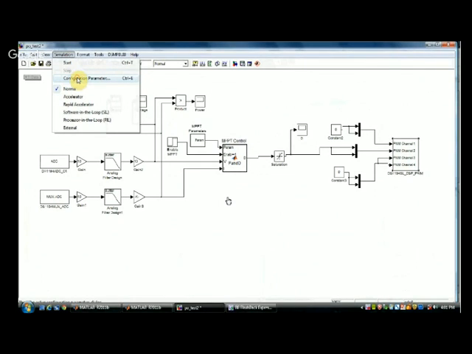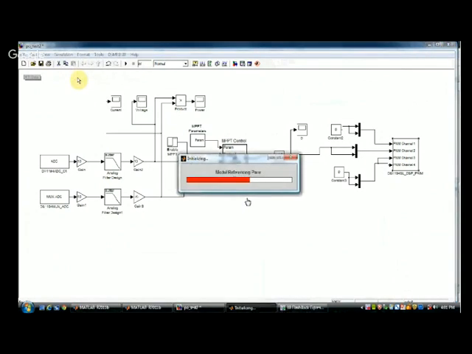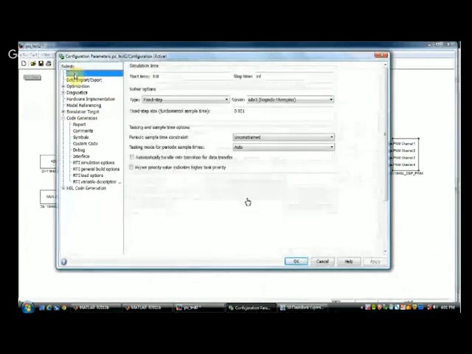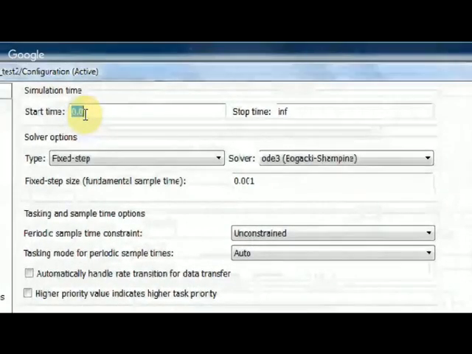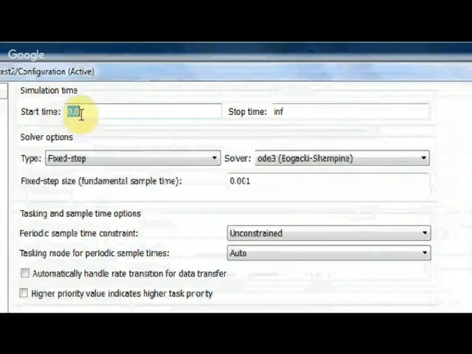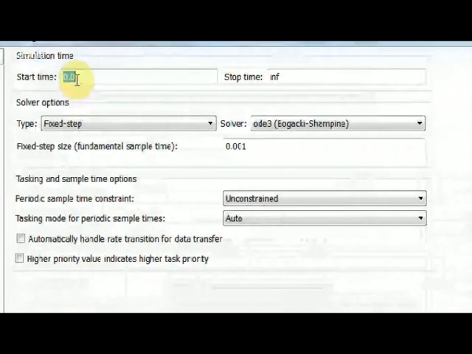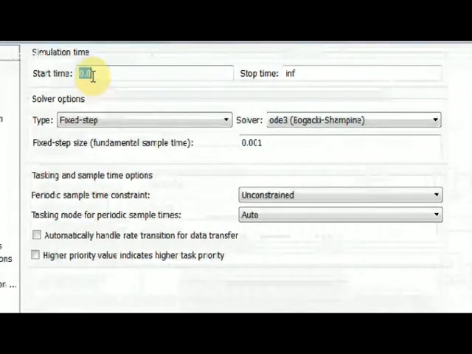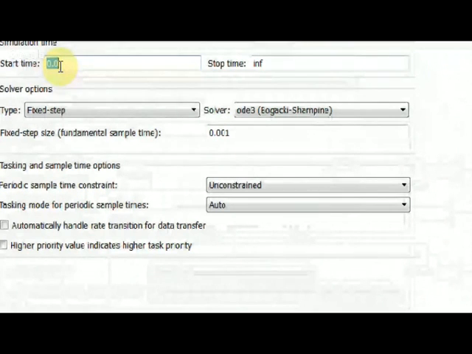Do you remember? Which ODE is used for hardware? ODE 3 and your fixed step. So do you remember? That setting we again have to do it here. So that is what is done here. So in hardware, every time, if you see, solver first you have to go, so you can see here the solvers. You can see the solver, 0 and the stop time should be infinite. Okay, it should run for infinite time. Fixed step and solver is ODE 3. Okay. And fixed step size 0.001 is the